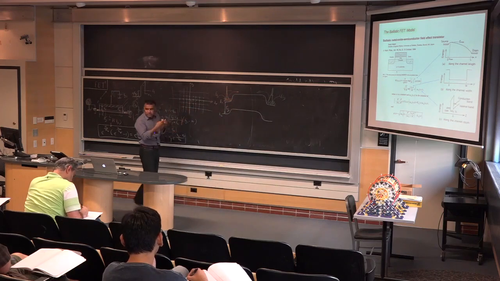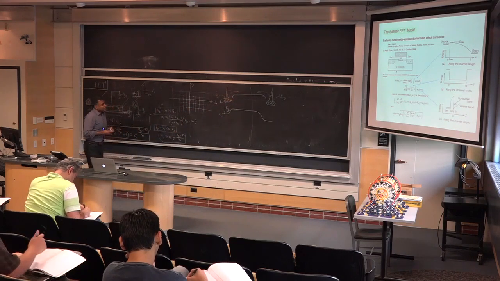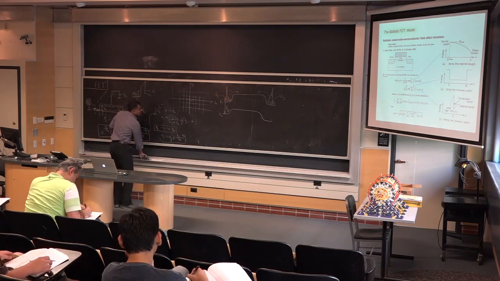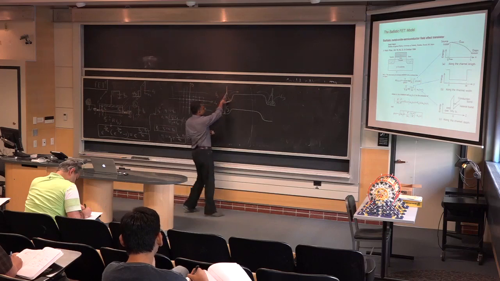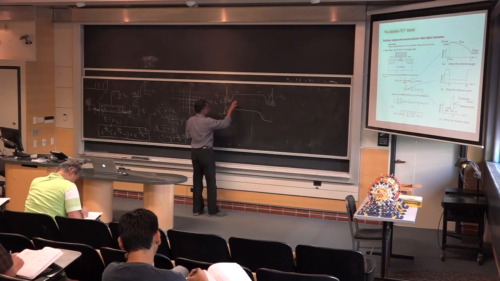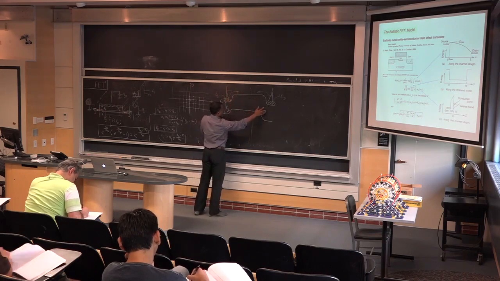There's no barrier for them. That's the meaning of it, right? And now, if I go to the K space, you can see that if the carriers are injected from the source, and I'm going to make a very important assumption that once they're injected into the channel is either very